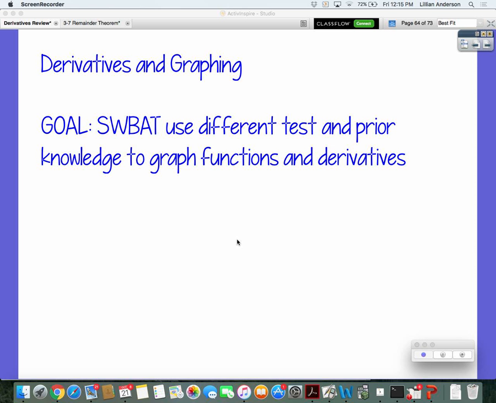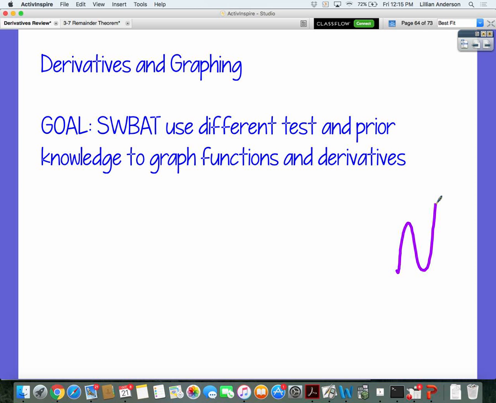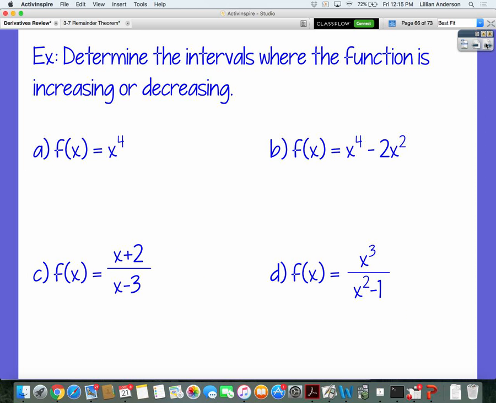Also keep in mind that quadratics look like a U, cubics look like this, so on and so forth. So keep all those things as prior knowledge to help you here. Okay. So let's talk a little bit about